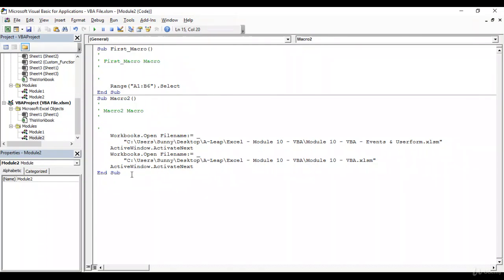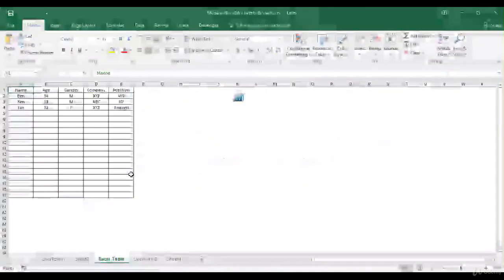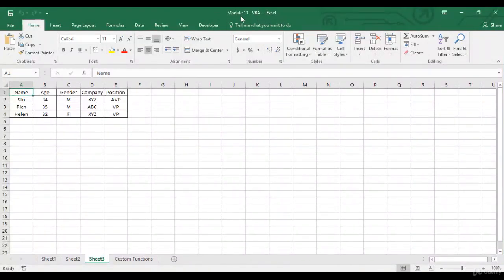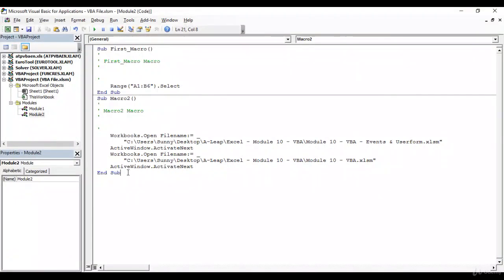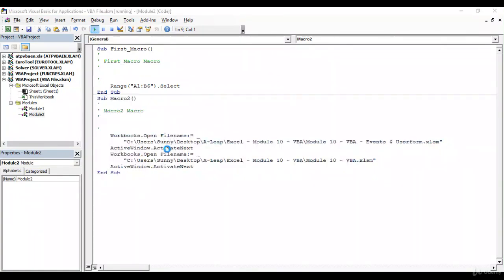So now what I'll do, I'll just close the other two files. So let me go back. So this is one of the files which I'm closing. I'm closing module 10 VBA also. Now I'll go back to my program. Now if I'll run this, both the files which were earlier opened, they will open now again. When I'll click on run,